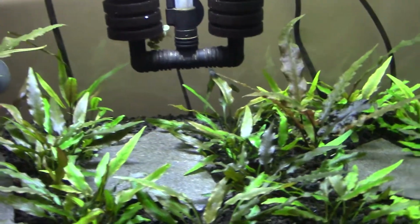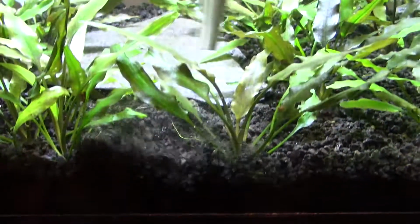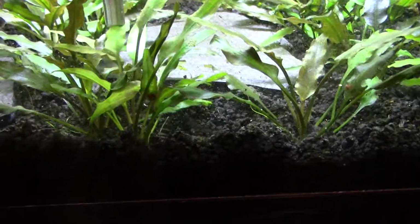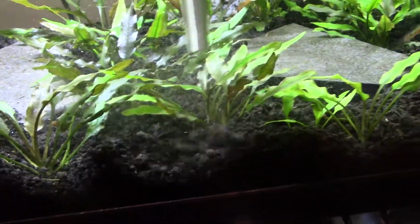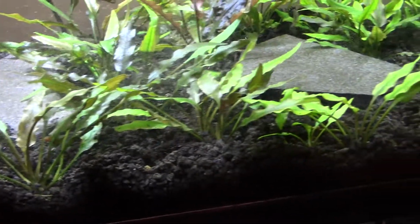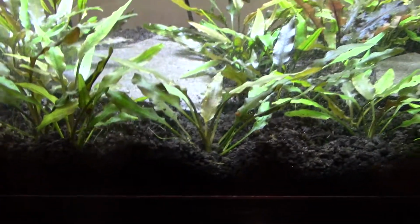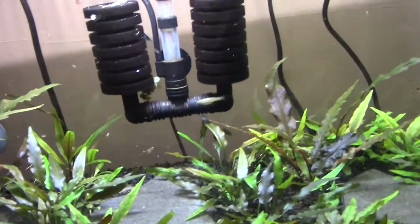The reason I use this is I'll come in here when I know I'm going to do a water change, and I'll get this in here and do a little bit just around the bottom, to get the mulm. I think this is good because it cleans up around the roots and breaks up the stuff. You don't want to do it so hard. I'm giving it just baby puffs, and I kind of stir it up a little bit. When you're in an open spot, you can do it better. But anyways, then I can come up through and vacuum those out, and really, I think for planted tanks